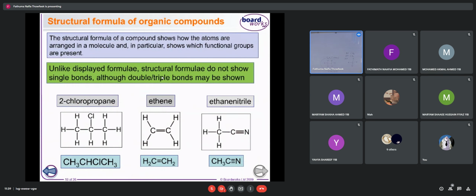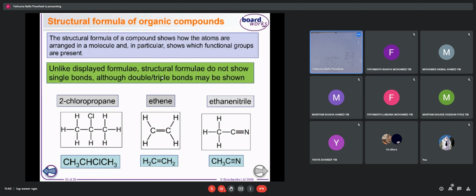Right. Now we'll move to structural formula. This is the fourth type of formula we are going to learn: molecular formula, empirical formula, displayed formula. Now I am moving to structural formula of organic compounds. The structural formula of a compound shows how the atoms are arranged in a molecule, and in particular shows which